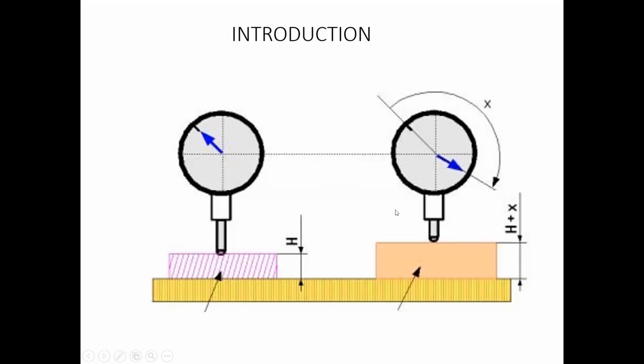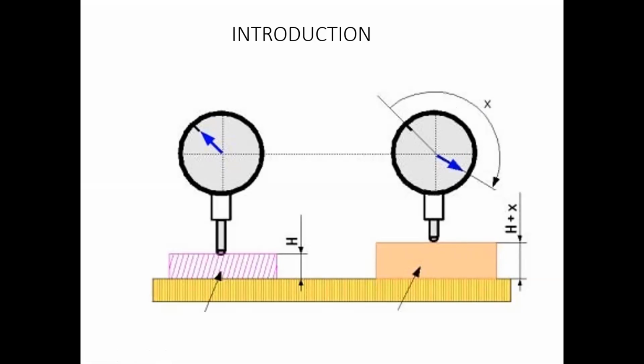After setting zero, that comparator is used to measure any work part of dimension which is approximately equivalent to the slip gauge. The work part to be tested is placed under the plunger or stylus here. Then the pointer will deflect. This is only the excess measurement present in the work part when compared with the standard. In this way, the comparators are used to indicate the difference of the work part from the standard work parts, the master pieces.